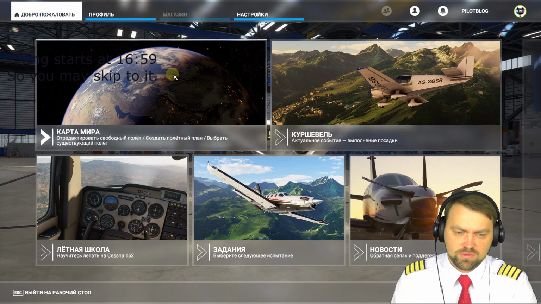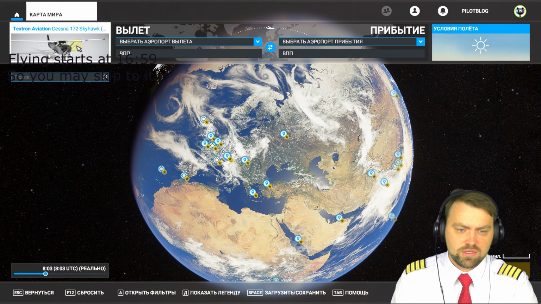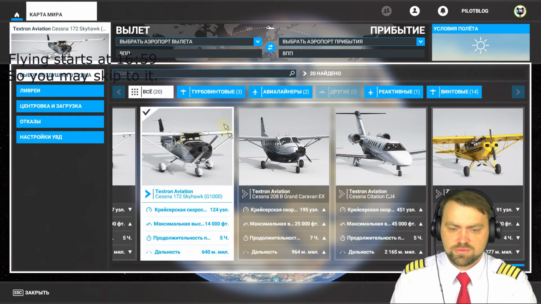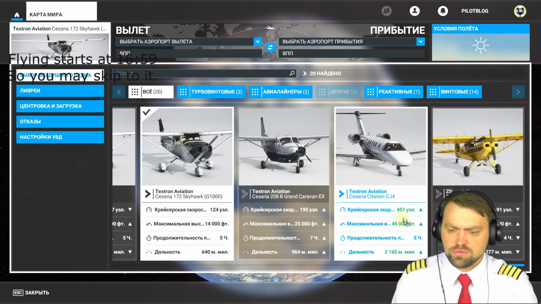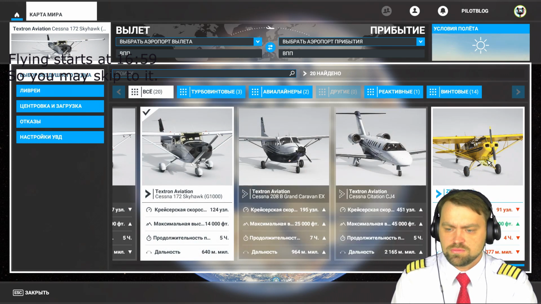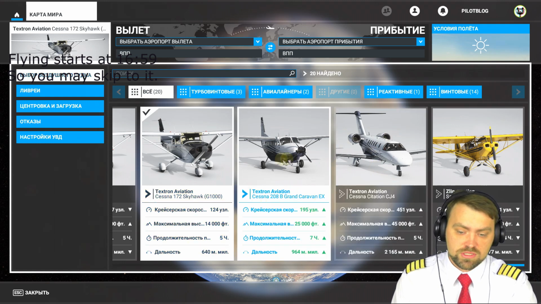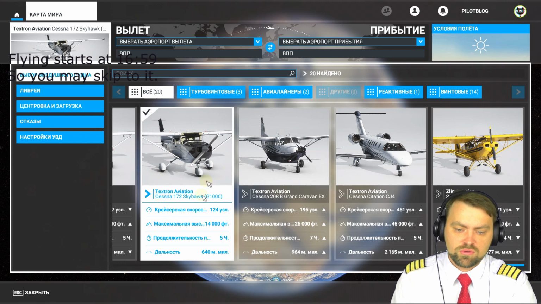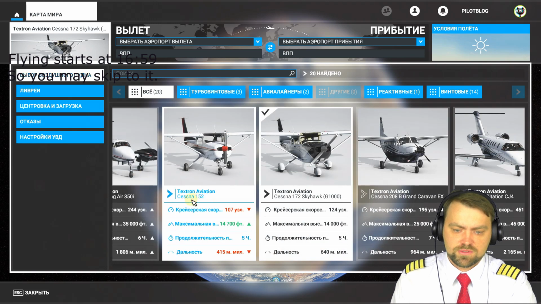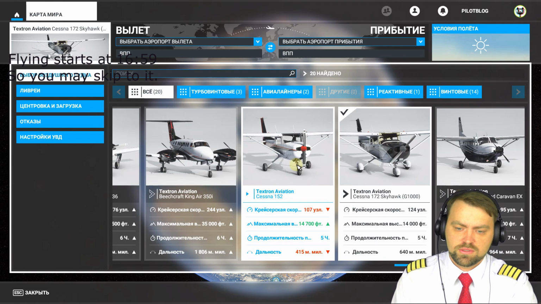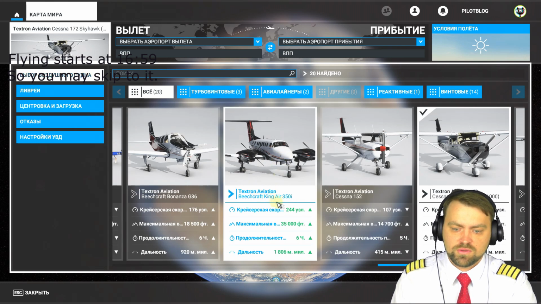No, I need to go to the world, and we're going to select the airplane. Let's, by the way, check what airplanes we have here. Select all. Okay, we have the Savage Cub, and here you can see the cruise speed, the maximum altitude, the time in the air, and the range. We have a jet airplane, Cessna Citation, Caravan, Cessna, as always, Cessna Skyhawk, probably will set it. What else do we have? Cessna 152, just two people can fly this small airplane. And Beechcraft King Air